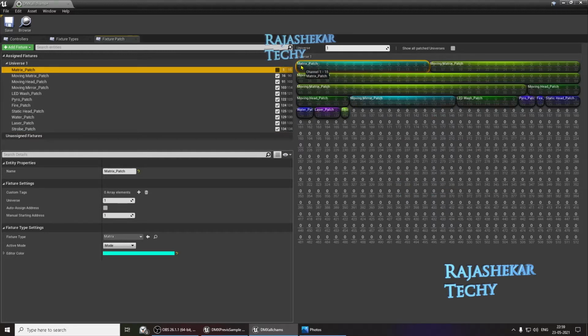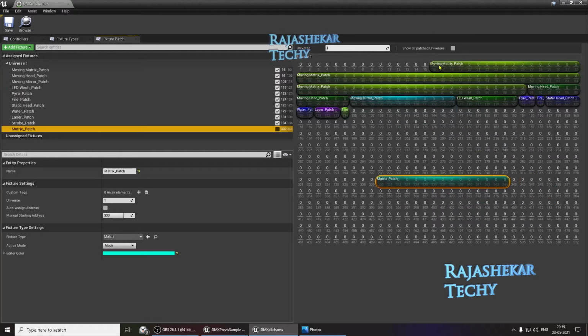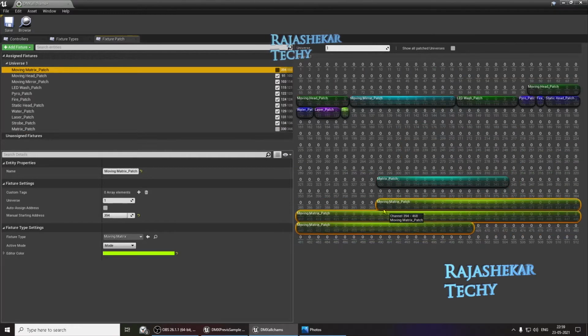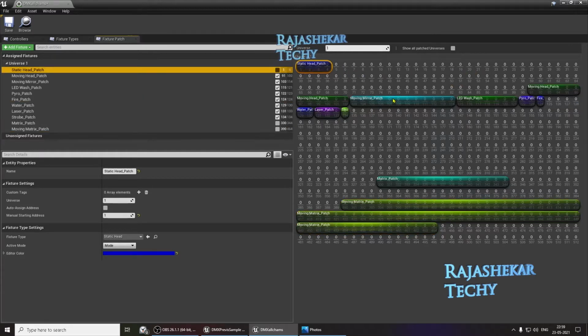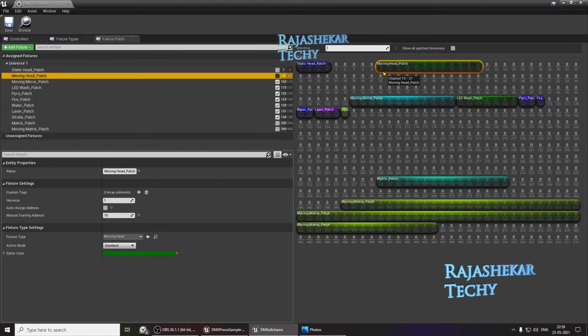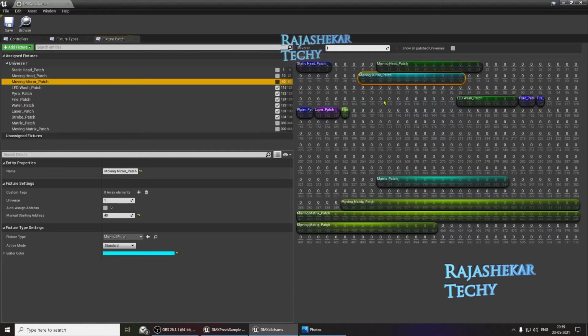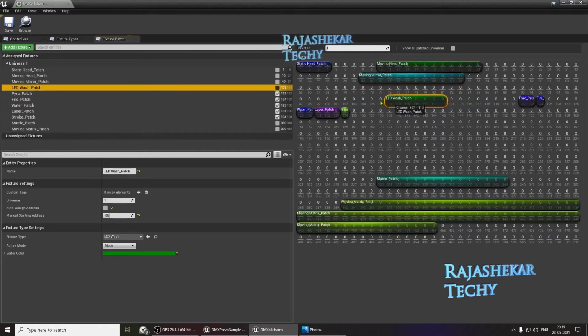To move any patch, just select it, click and drag. So I'm moving it to 330, and the moving matrix to somewhere around 390, and I want the first one to be static patch, and the 10th one is moving head, and 40th to be moving mirror, and 70th to be LED wash patch,